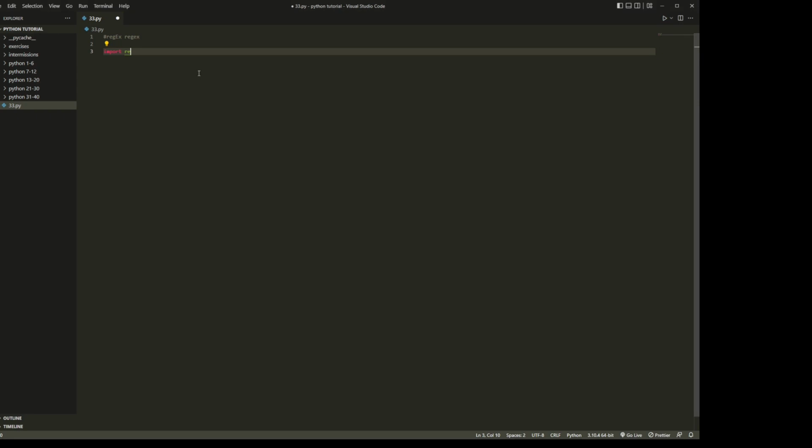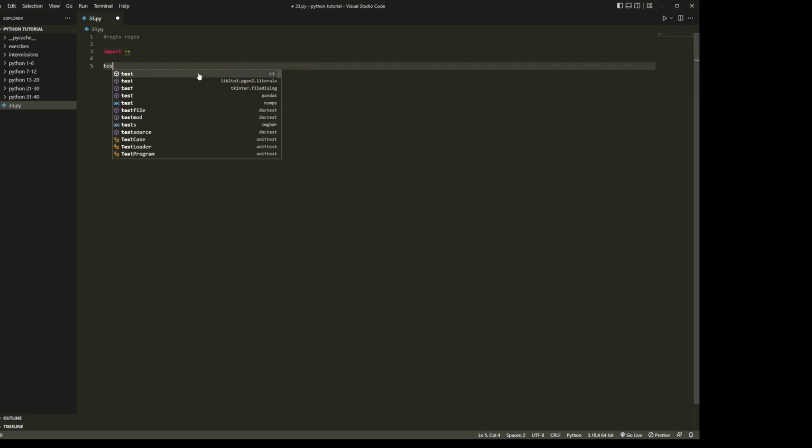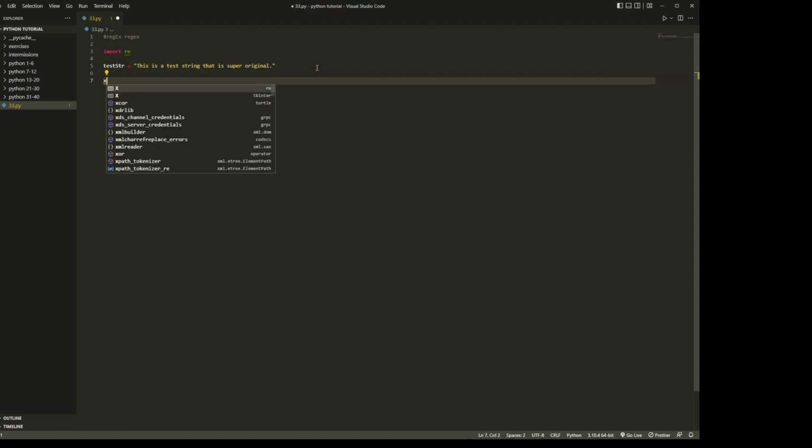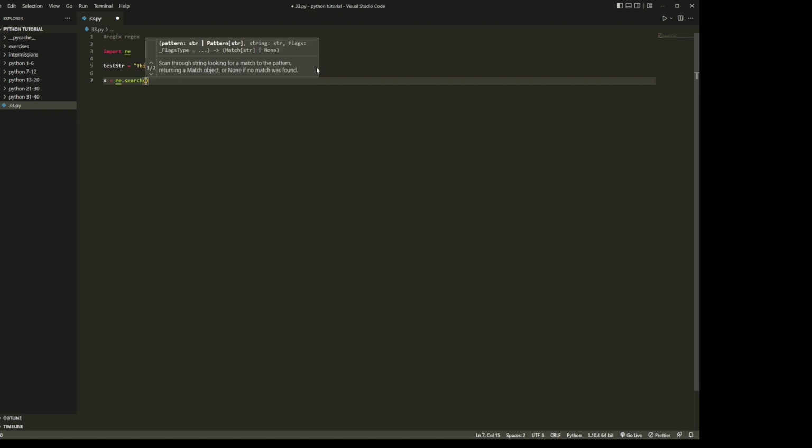So for example, we'll build a little string here and we'll just call it test string. This is a test string that is super original. Then here we can use that regex by doing a variable called x, and we'll do re because that's the name of the module, and we will search. This is a function inside the regex module, and then we can look for any string that we want in here. So we can look for something like this, and then we can do a period and something like that,